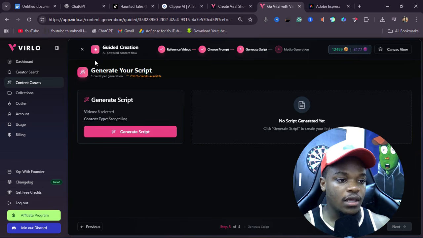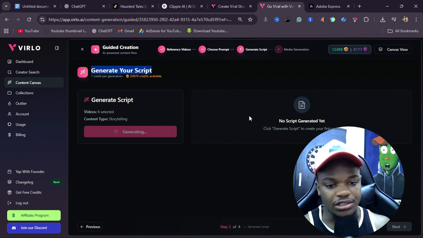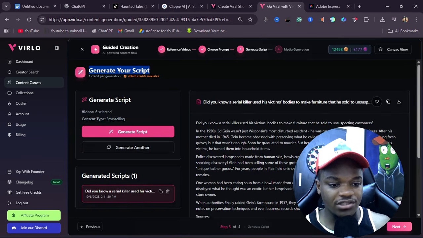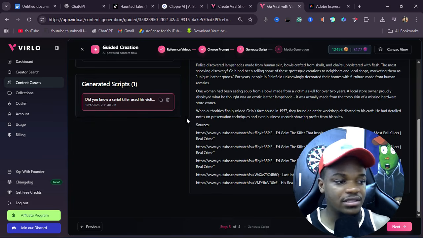So click on next, and now give the AI some time, which is going to generate your script. To do this, just click on generate script over here, and the AI is going to get to work and start generating your super engaging script. As you can see now, the AI is done generating the script, and the most interesting thing about this Virlo